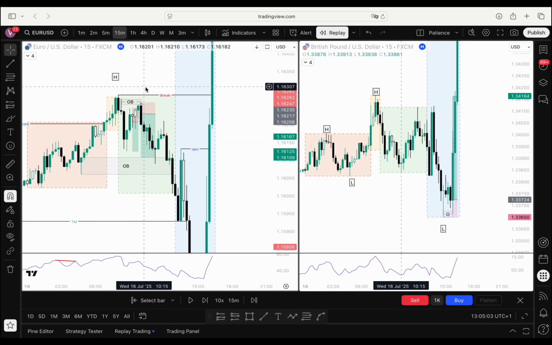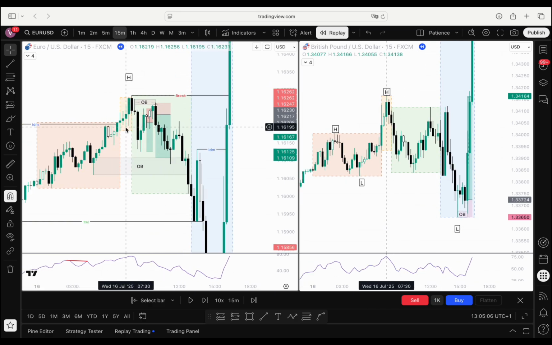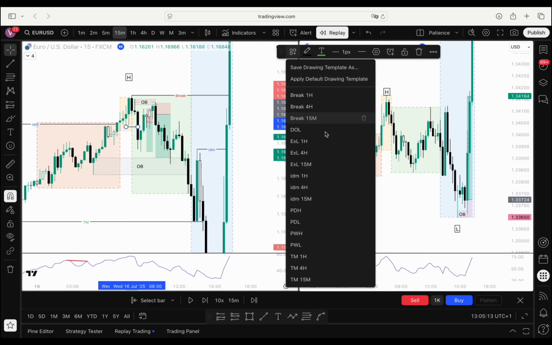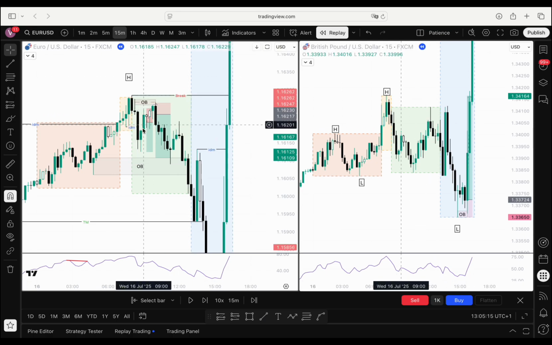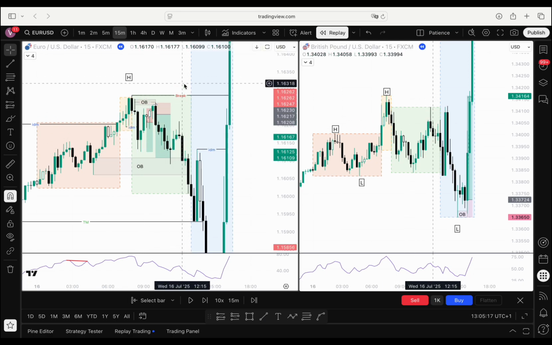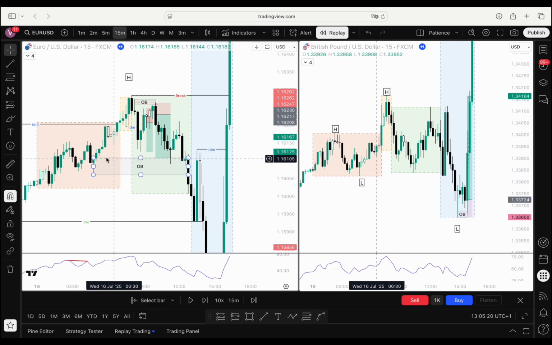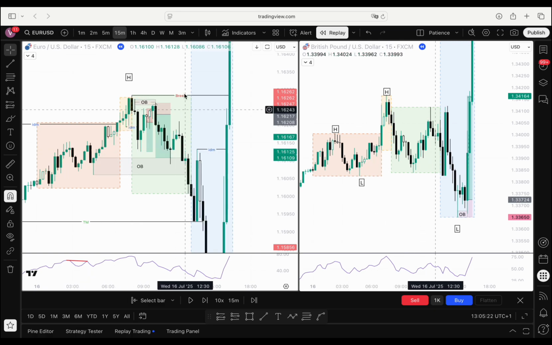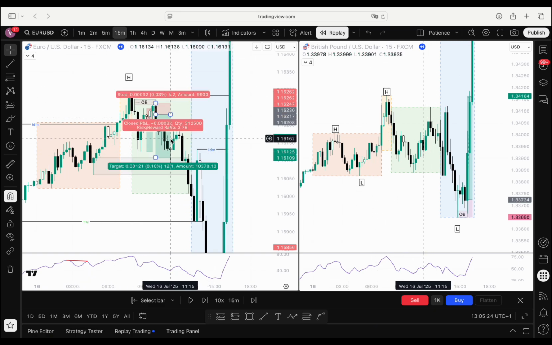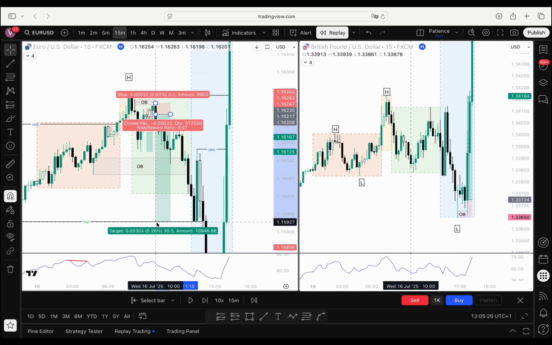Okay, and then after that, price closed with the candle's body below inducement. This is the inducement level, if we could mark it like that, which would indicate that price is likely to go lower to the first PD array after this IDM, which is this 15-minute order block, which is where my take profit initially was. But then once price came to it, I tried to extend my TP all the way down